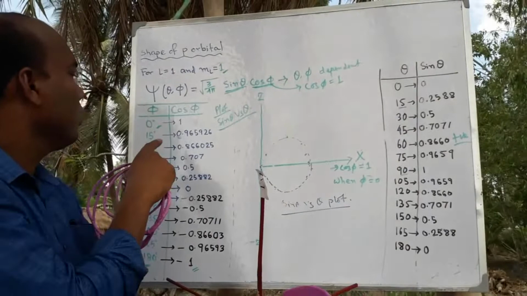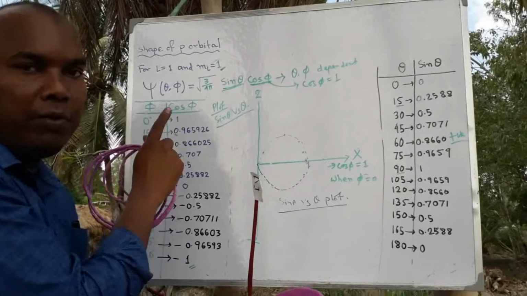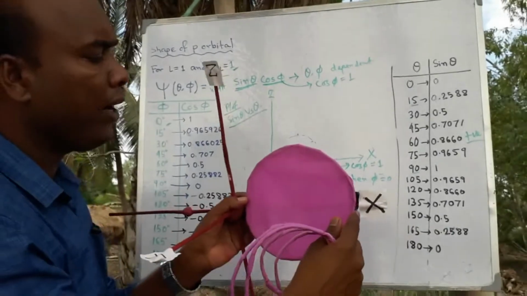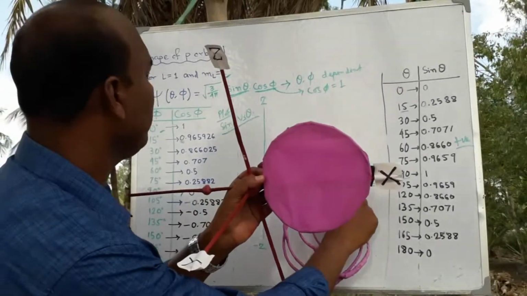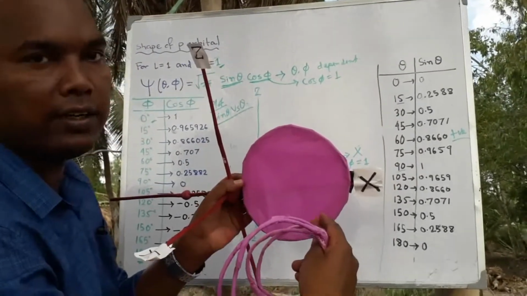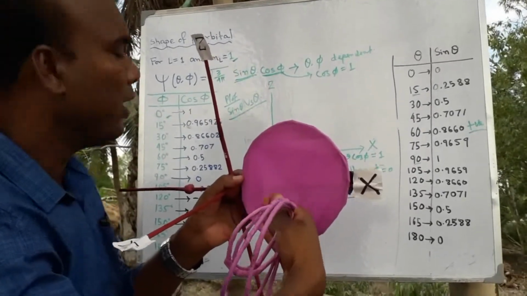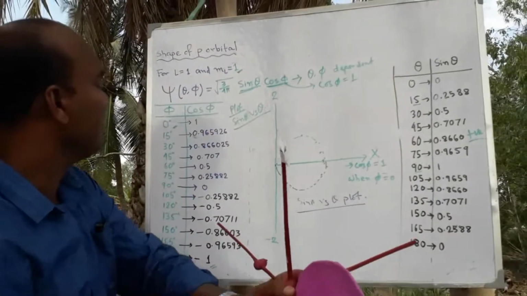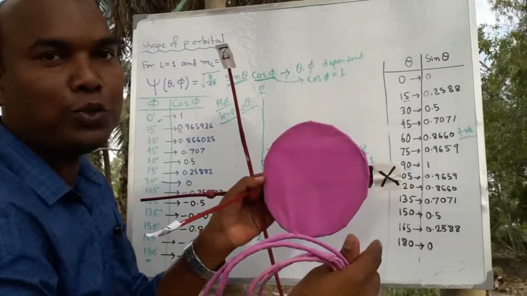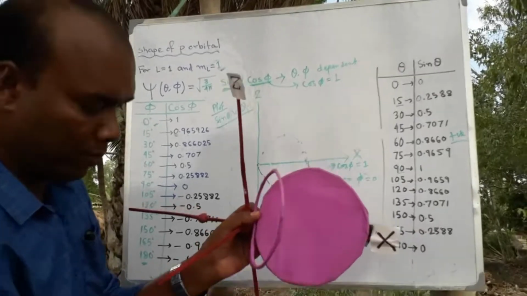You see here, this is the cos phi value for different phi, and you know phi is between 0 to 360 degrees. See here, along the x-axis cos phi equals 1. Now if you want to plot this in this direction, what will be the value of phi in that direction? Suppose this is 30 degrees, and you see here cos 30 is 0.866. So the size of this circle will reduce to some extent, and that will be like this.